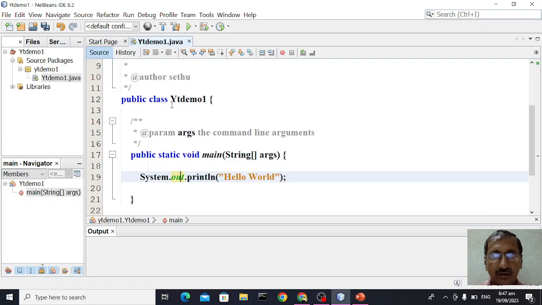It's like a car having an engine. Car is a different class and engine is a different class. Engine is made from a different class actually, with a different specification, but the engine has been embedded inside the car. In the same way, out is embedded inside the System class. Just imagine System is similar to a car, and out is similar to an engine. If you just understand that, it's quite easy.